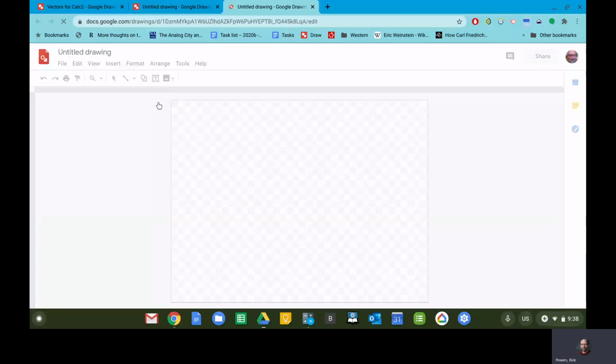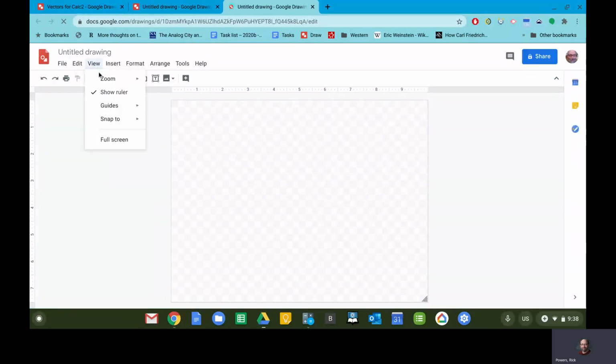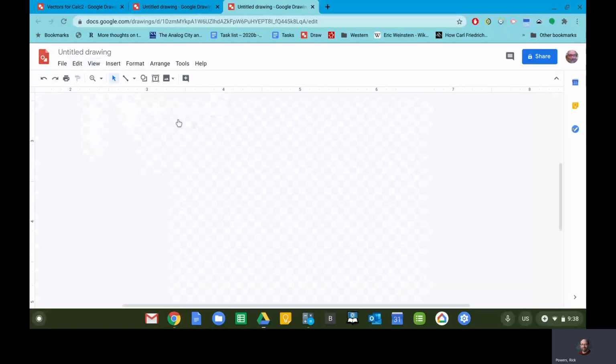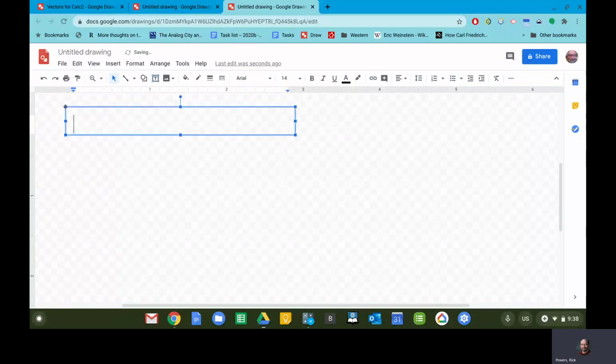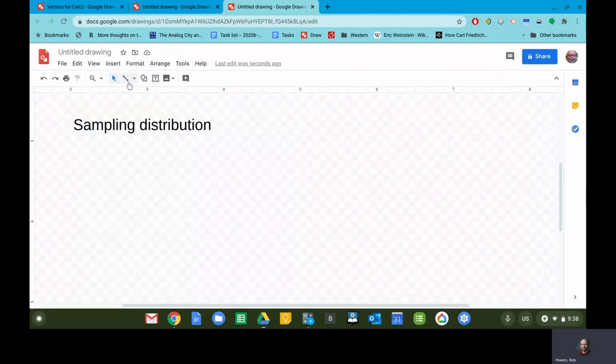This is an idea which is really big, very important in statistics. And this is the idea of something called the sampling distribution. The sampling distribution is what happens when we're taking samples. If you think about what often happens in statistics